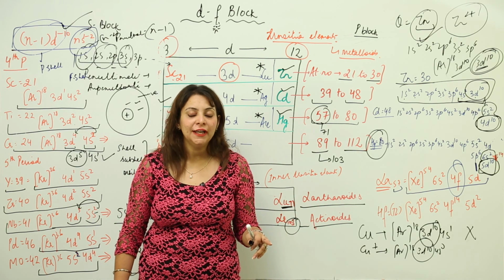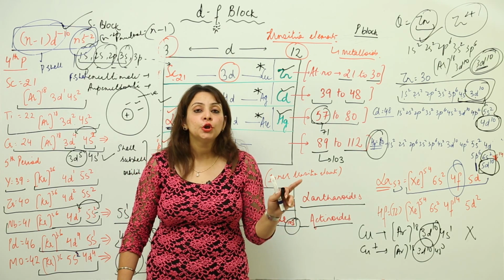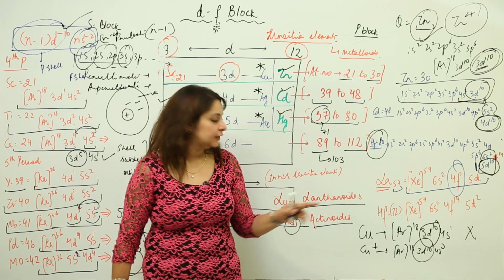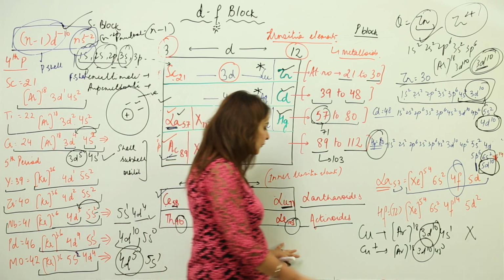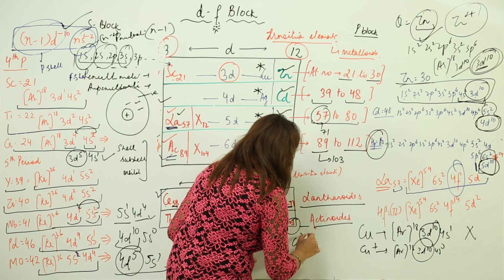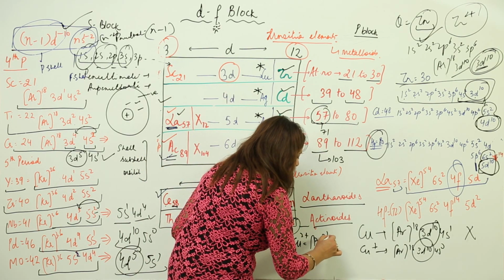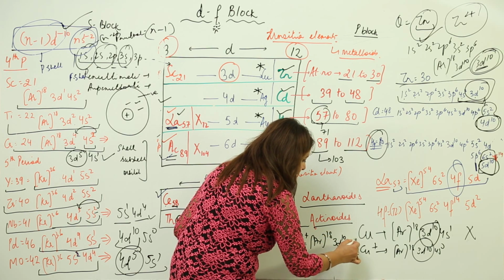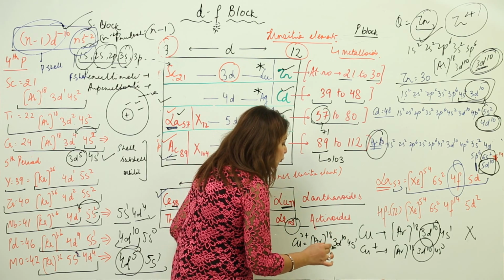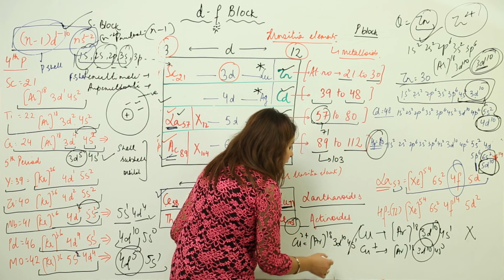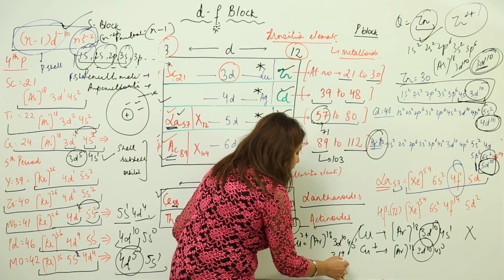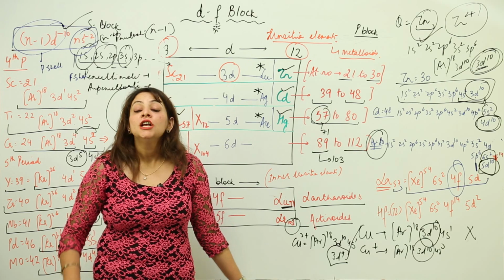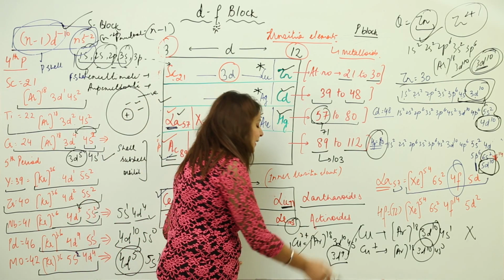Again we have one more option left, because copper shows a valency of cuprous and cupric. So that means we can also look for the d orbital in Cu2 positive as well. So let us write for Cu2 positive. It is argon 18, 3d10, 4s1. It was the ground state. Now I need to remove 2 electrons. So one I will be taking off from here and one from this case. So that means I am left with 3d9. So here we can see that it has an incompletely filled d orbital. So that is the reason that copper is regarded as a d block